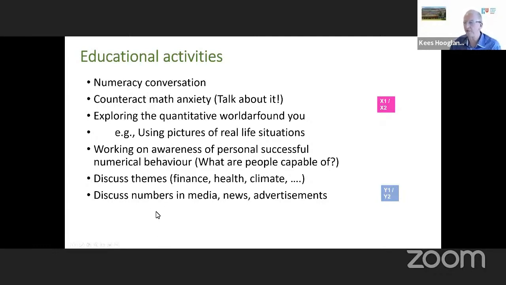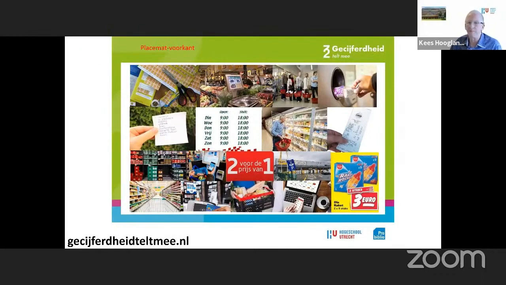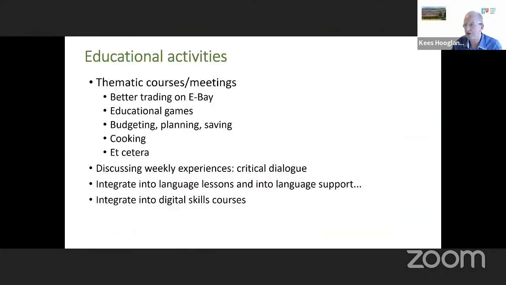And it's very interesting with adults because they really can reflect how it is when they read numbers in the newspaper, how it is about inflation and about gasoline prices, but also in health, how it is to have medications, but also risks on health risks, etc. And so what we did, we made some thematic, what we call placemats, with all kinds of pictures, just to get the discussion going on all kinds of themes when we work with groups of adults.